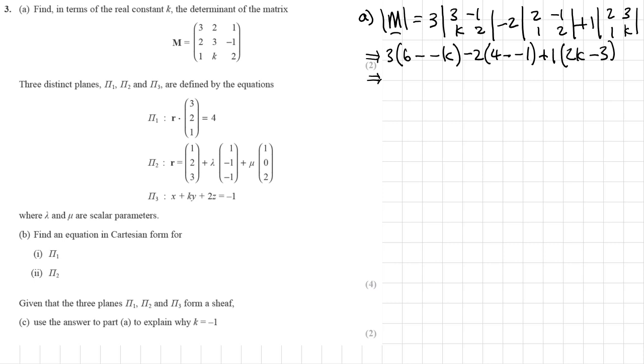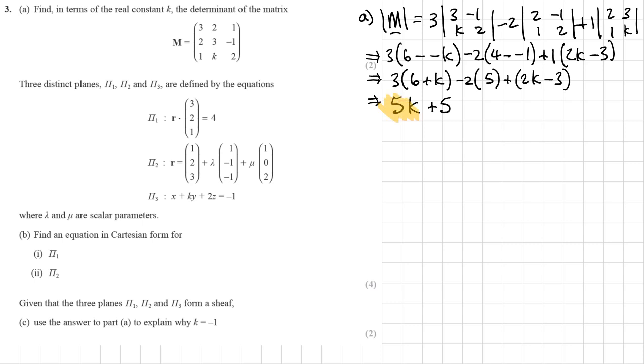Right, simplifying that, we'll get 3 times 6 plus k, minus 2 times 5, and then plus 2k minus 3. That all simplified will give us, so you've got 3k here, 2k here, so it's 5k, and then we'll have 18 minus 10, which is going to be 8, and then 8 minus 3 is 5,